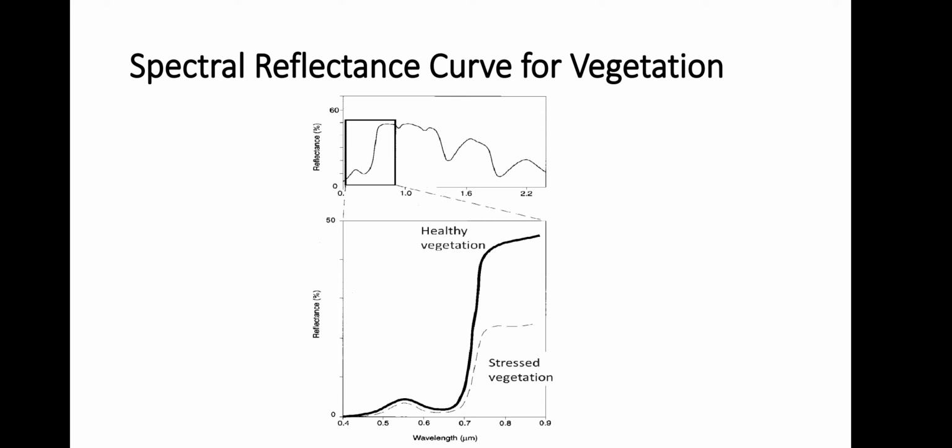Now, what about beyond the infrared region? Beyond 1.3 micrometer, energy incident upon the plants is essentially absorbed or reflected with little or no transmission of energy. The dip in the reflectance curve occurs at 1.4, 1.9 and 2.7 micrometer, as water in the leaf strongly absorbs the energy at these wavelengths. So, wavelengths in this spectral region are referred to as water absorption bands.